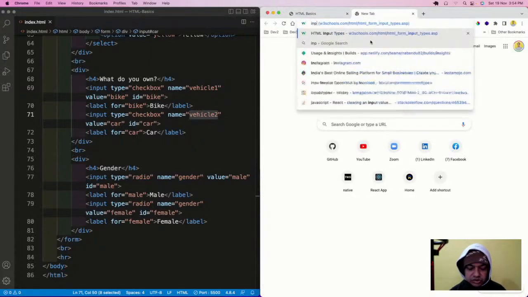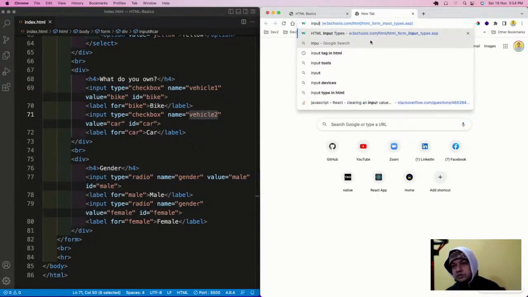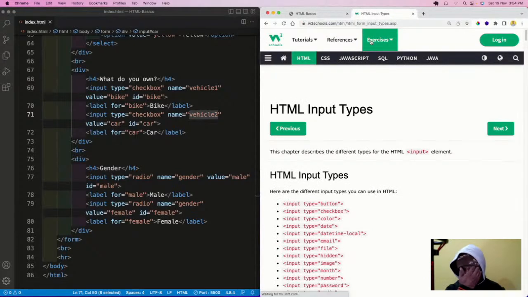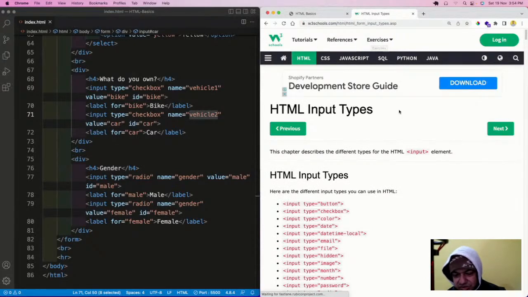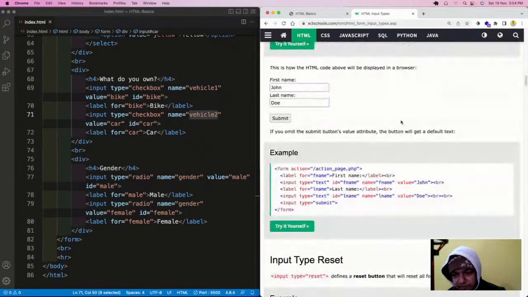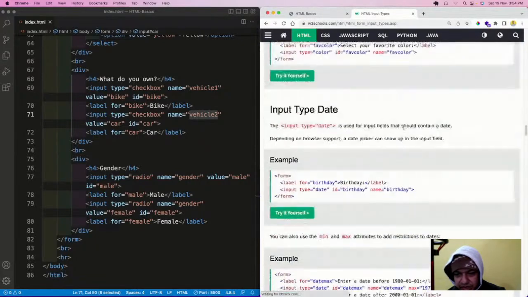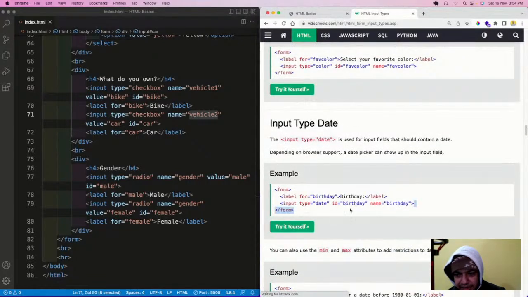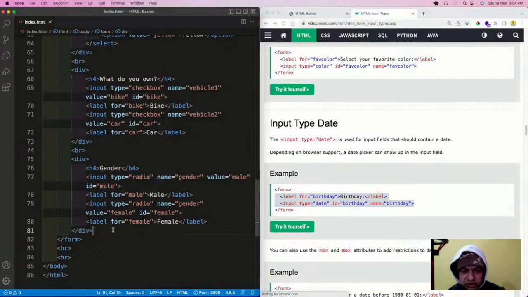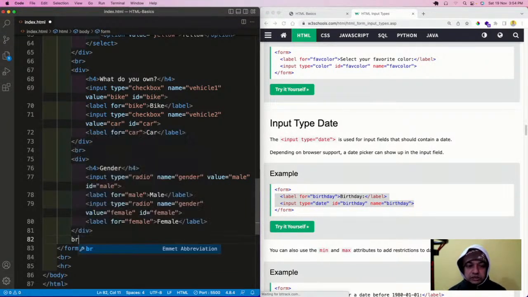There is a very good site, W3C, but there are a lot of things there, so you'll get confused if you come too much here. But there are two things which I want to tell you. Like, what is the input type date? A lot of things were added in 2015 when HTML version 5 was released. Before that, other HTML versions were there. I want to show this input type date because it is a wonderful thing which came in 2015.